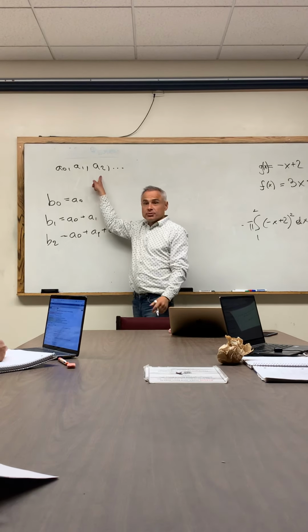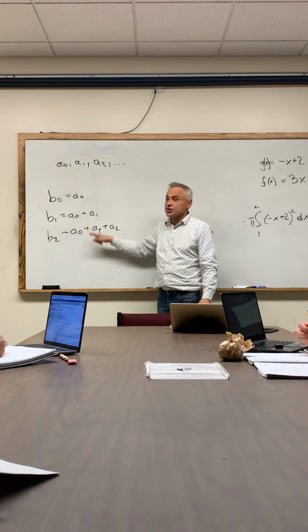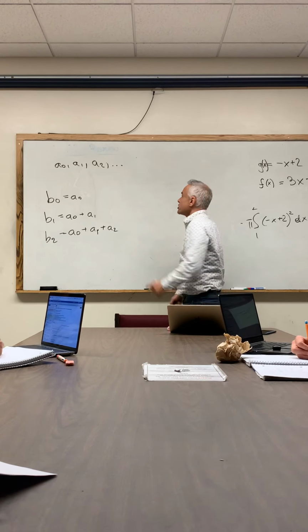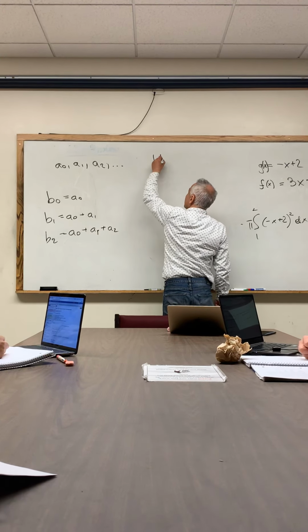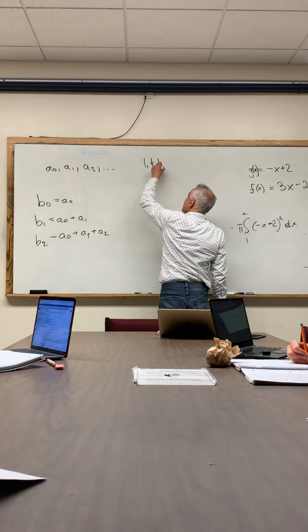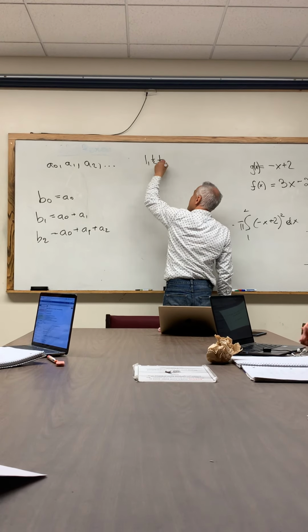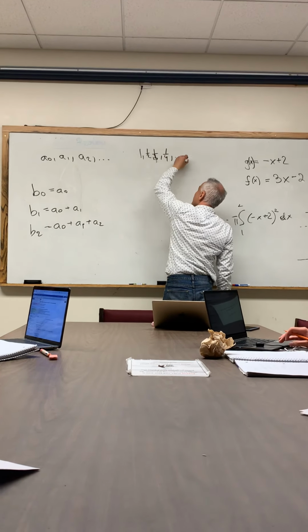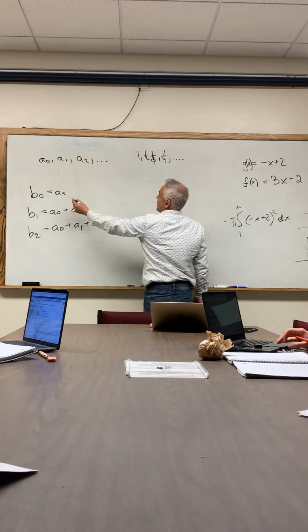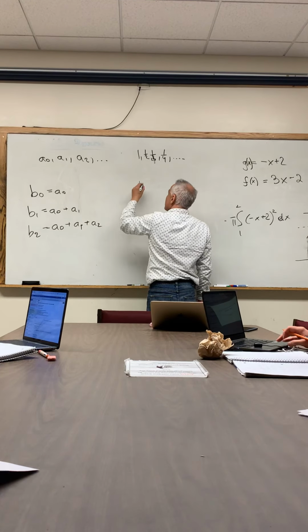I'm just adding numbers, and these are called partial sums. So in particular, if I start with the harmonic sequence, 1, 1/2, 1/3, 1/4, 1/5, and so forth,